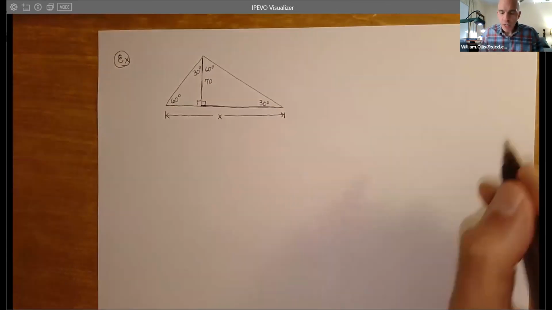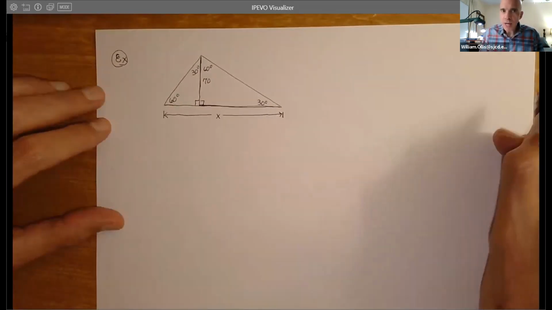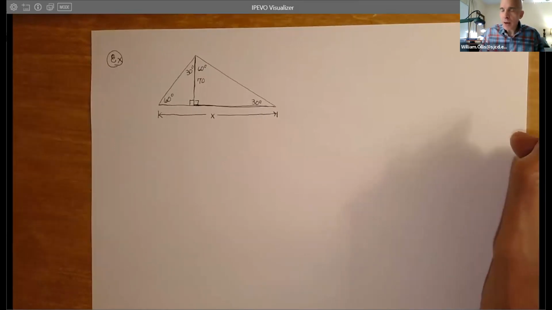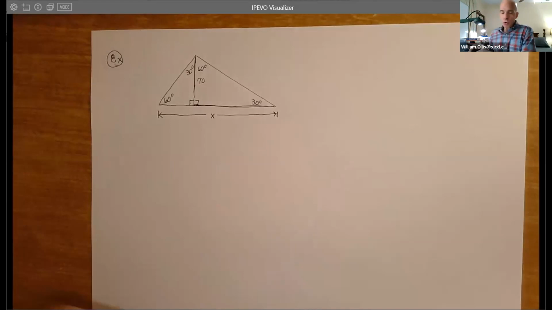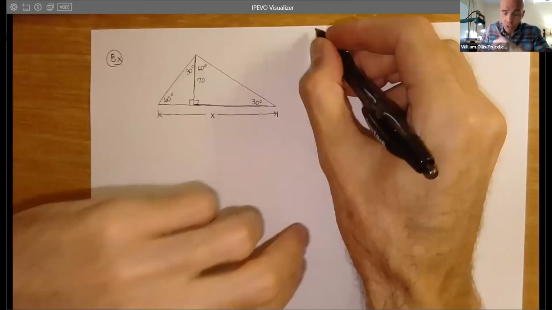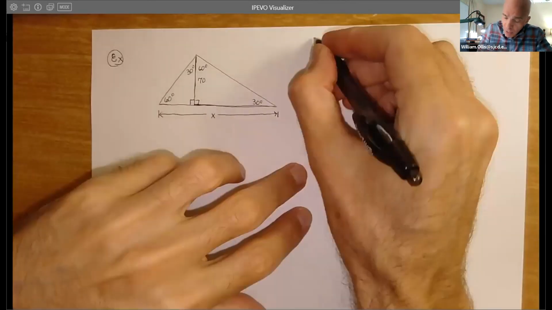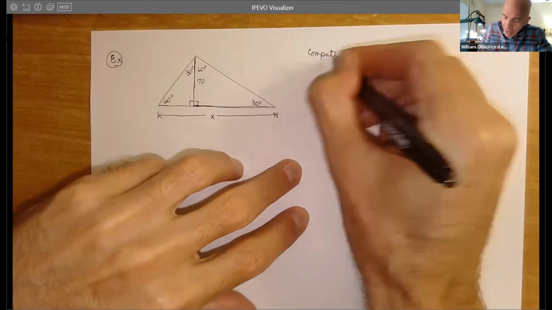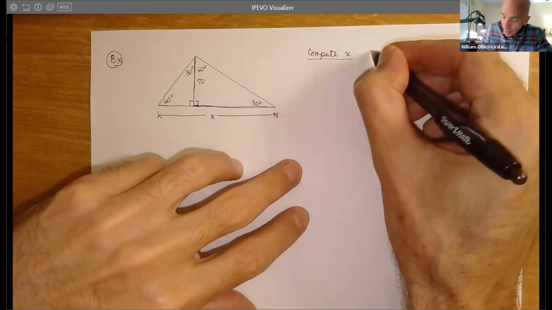So we're going to use, we can kind of look at this way using the trig functions as we thought about them with the unit circle, or you can think 30, 60, 90. Now, obviously, when you look at this particular problem, you're thinking, what is Professor Wine going to ask us to do? Well, I want you to compute X, and that is the length X